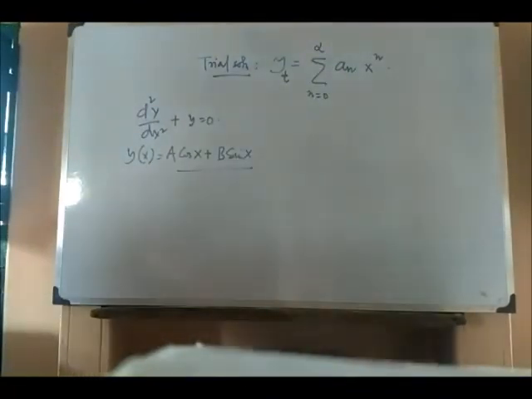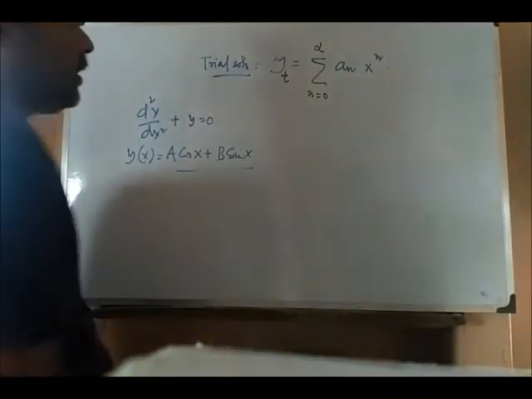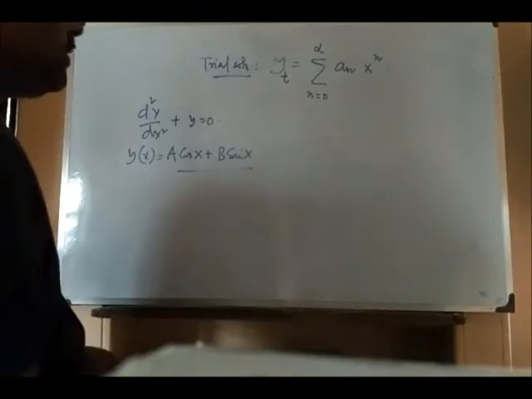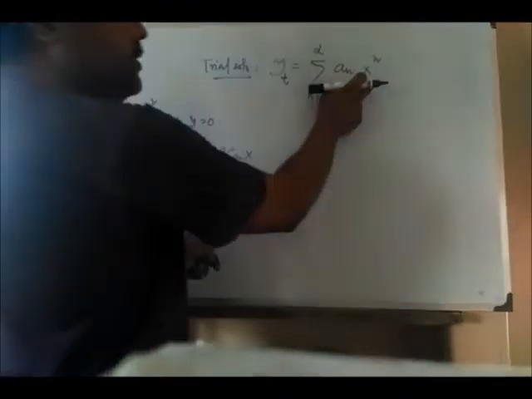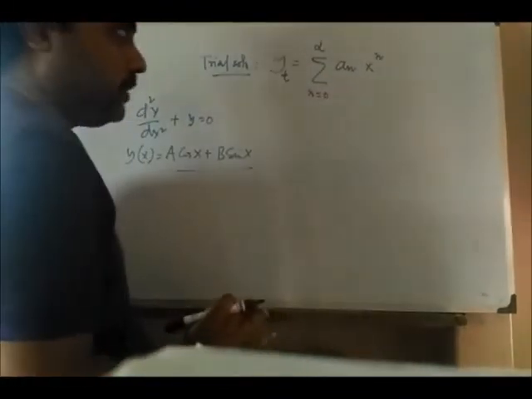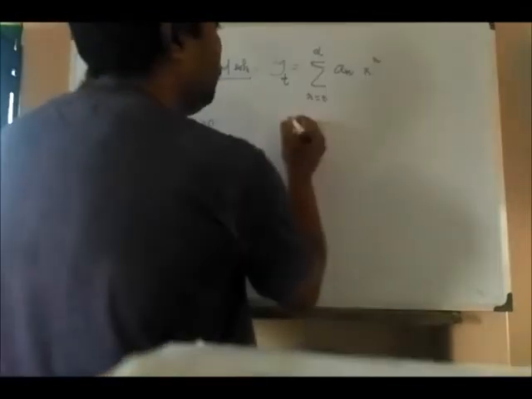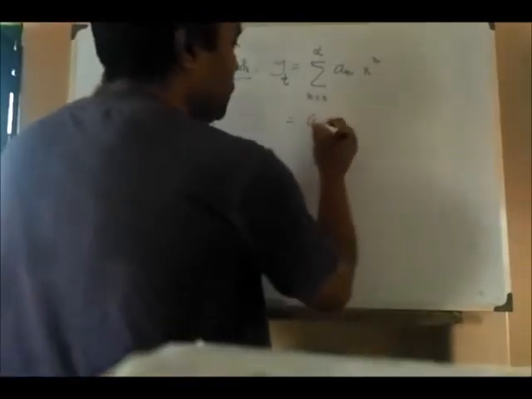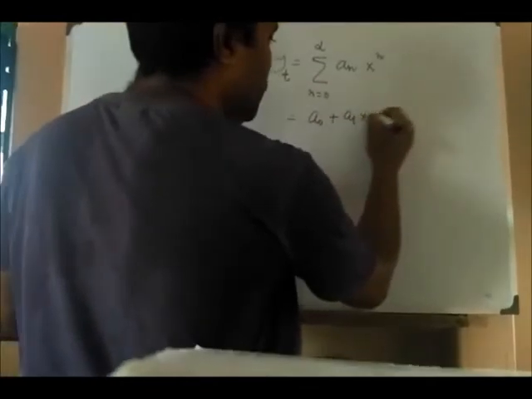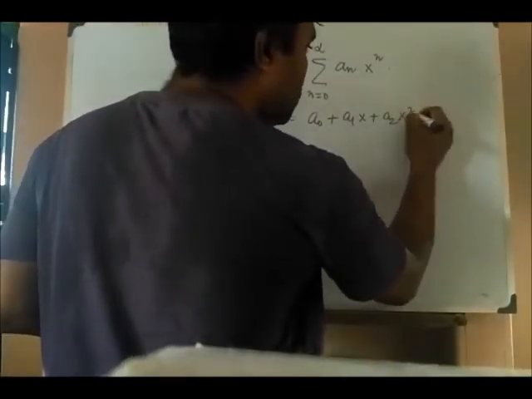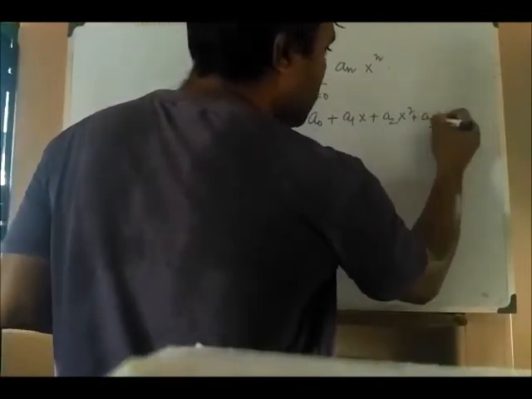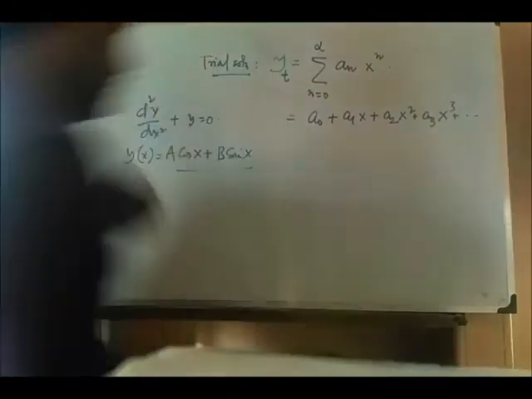And now we are going to differentiate this function term by term. How? If you expand this power series, you will get a1x plus a2x squared plus a3x cubed and such and such,